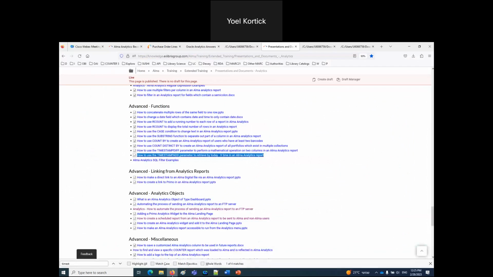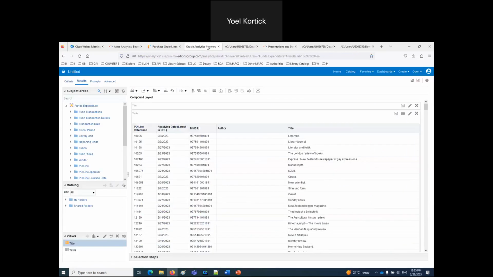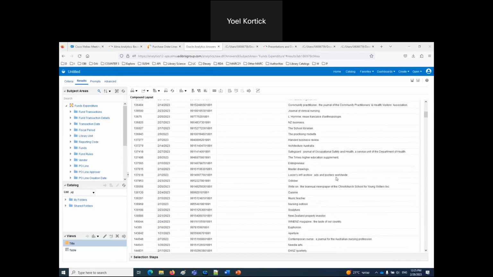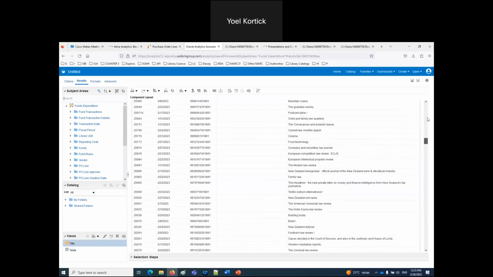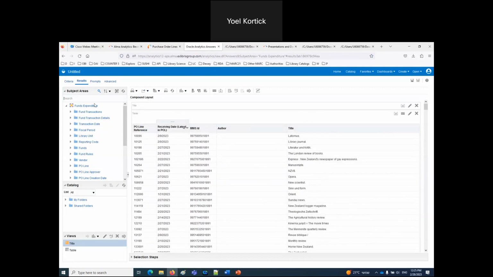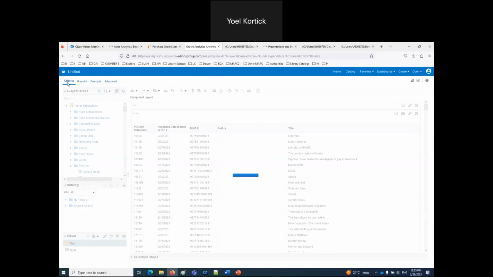And I'm going to change our report now to do that last 30 days. So within here, all of these are in the last 30 days, as we can see. I have so many here without an author. That's interesting. Okay, there we go. We got some authors. Oh, because a lot of them look like journals. Okay, so let's come back